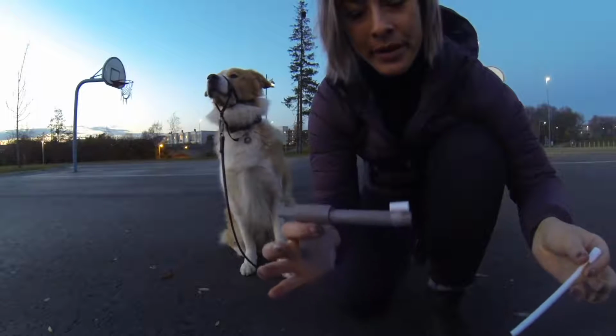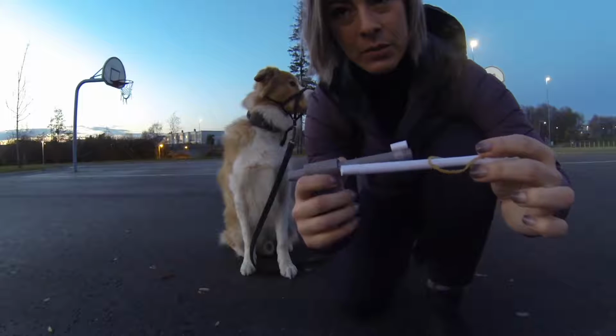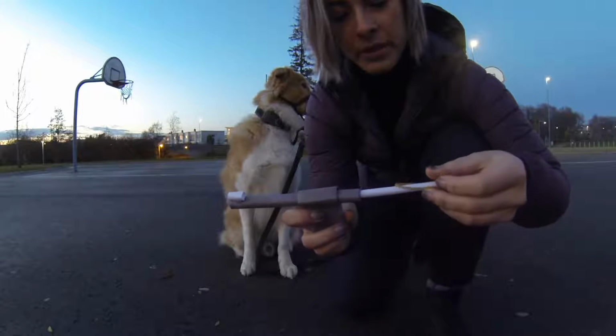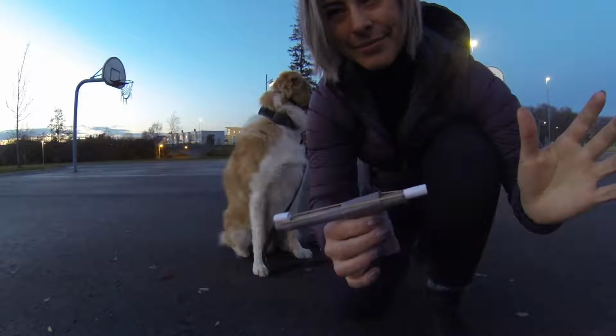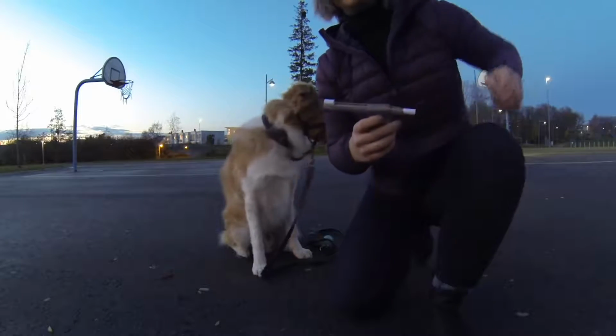We left off where this was just taped together. These ones were drying. We have the cylinder and we have the sleeve, and we just put it in here and get the rubber band over here. I don't think I'll make any bullets and shoot that with this, but I do have